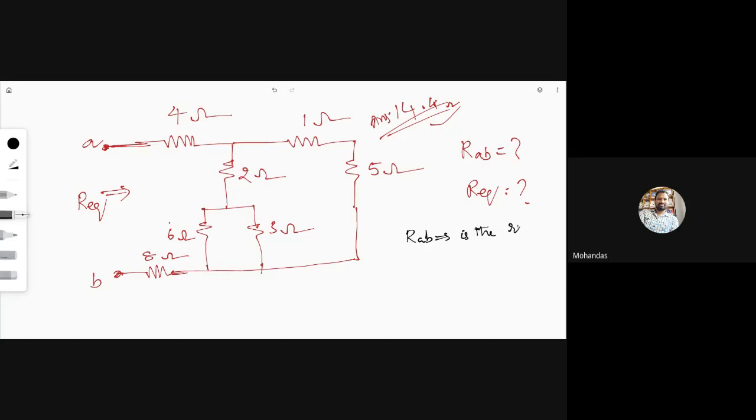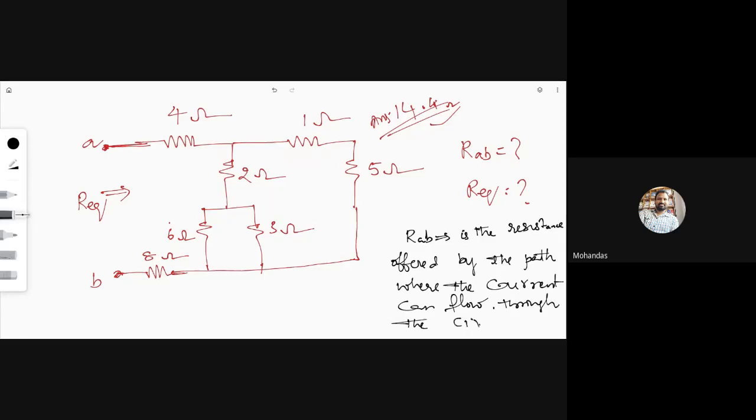Is the resistance offered by the path where the current can flow through the circuit. What do you mean by equivalent resistance? What is the resistance offered by the path where the current can flow through the circuit seen by the